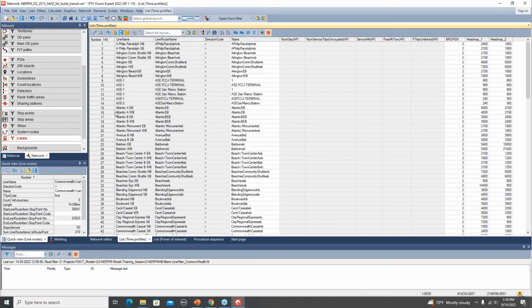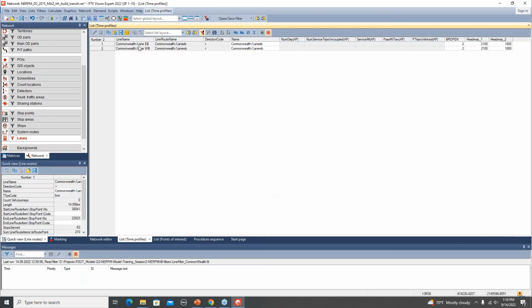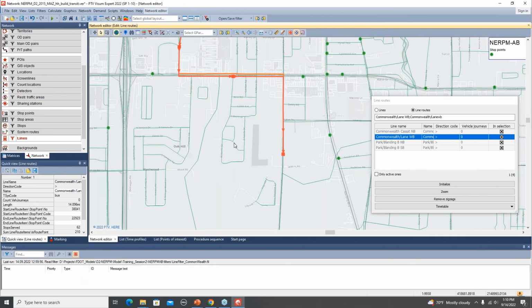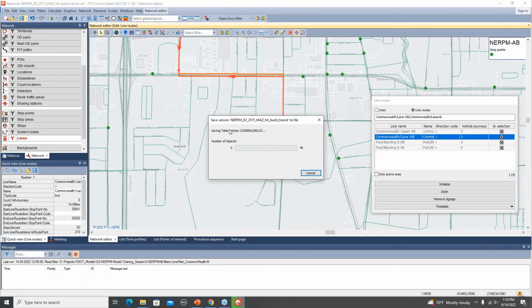And since we have already set a filter, you can activate that, and it would activate those two lines. And then, if you want to change the frequency or headway in any way, you can update that here. And once again, once you're done with all your changes, you can simply save the version file,